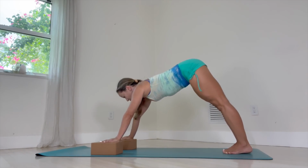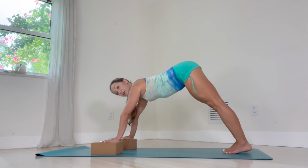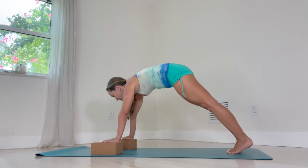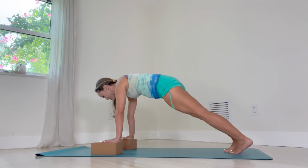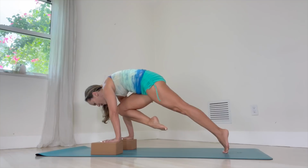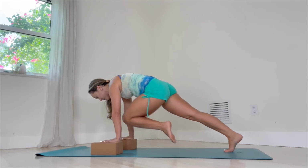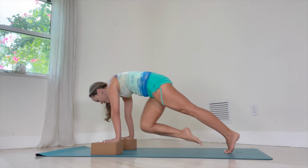Okay, so now staying on the blocks, we're going to repeat the same movement, but it's going to be a little faster. So I want you to tuck your tailbone in, pitch your weight over your shoulders, inhale right side, exhale back, inhale left side, exhale back, inhale right side, exhale back, inhale left side, exhale back, inhale right side,